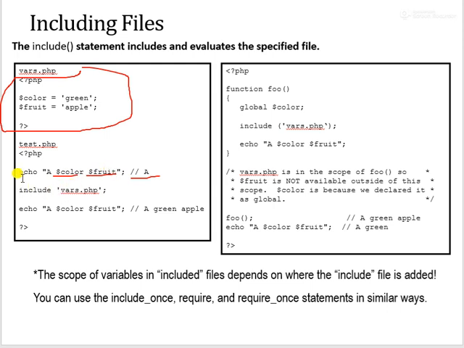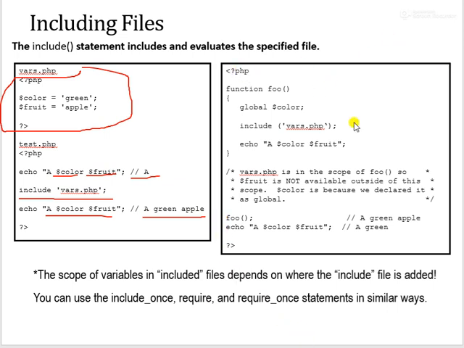Now after the echo we include the vars.php file inside test.php, and then again we execute the same statement, a color fruit. Now vars.php has color and fruit, and we include it in test.php. So test.php now knows what variable color is and what variable fruit is, so this will be output. The value of color was green and fruit was apple, so a green apple.